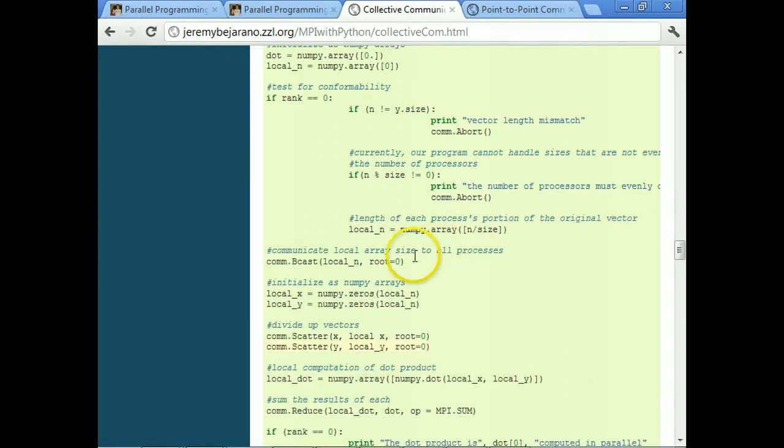So it's just the same thing as sending and receiving to everybody. Okay, so we broadcast from process 0 the value local n. Every process calls broadcast on local n, but the root process is going to have the relevant value of local n, and in all the other processes, local n, whatever it is, is going to be overwritten by the one on the root process.